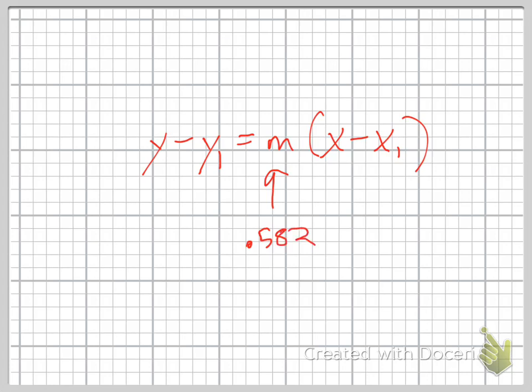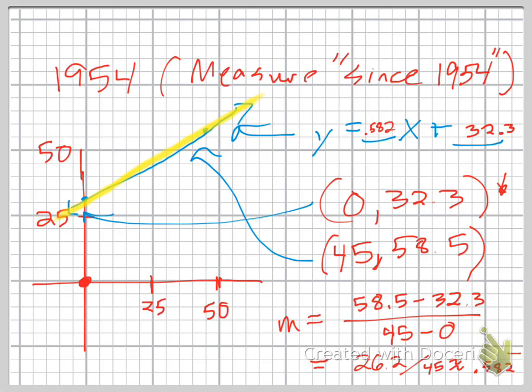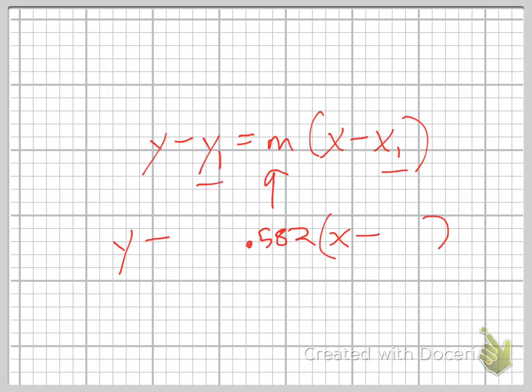Then what we need to use is one of our x coordinates and one of our y coordinates. I'll leave the blanks there so you can see where they're going. Remember, y1 and x1 represent the place where we're going to substitute in one of our points. If I go back, we had 0, 32.3, and 45, 58.5. It doesn't matter which one you choose. I'm going to choose the 45, 58.5. Kind of makes it more interesting. So this is 45 for x, and 58.5 for y. That's our equation. Oops, sorry, lost my equal sign in there. That actually works for the equation. You could stop there unless somebody says you must get it into slope-intercept form, at which point you add 58.5